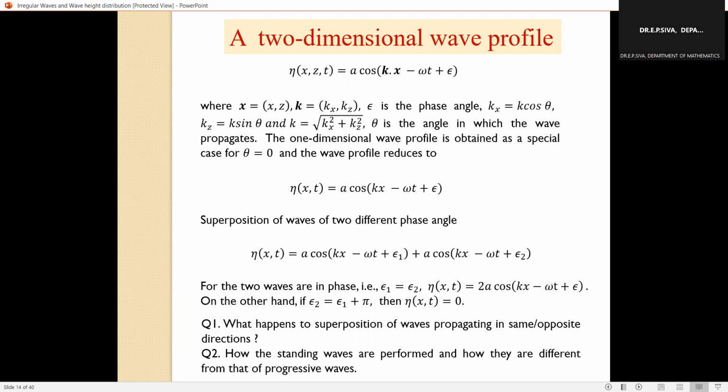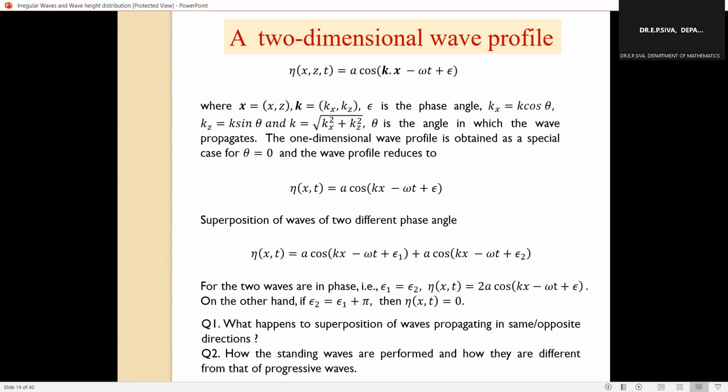If, instead of the scalar product k into x, I put a dot product there, that means I call k a vector and x a vector. Then you can think of a two-dimensional or three-dimensional wave. Particularly for a two-dimensional wave on a surface, the x-z plane is the surface and y is the downward direction, so a wave propagating on the surface can be along the x and z axes. It can propagate along some direction.